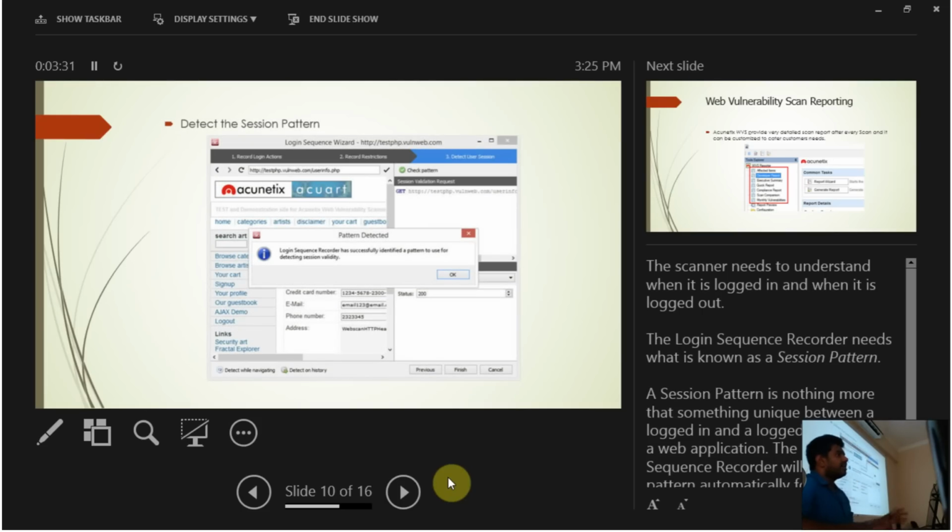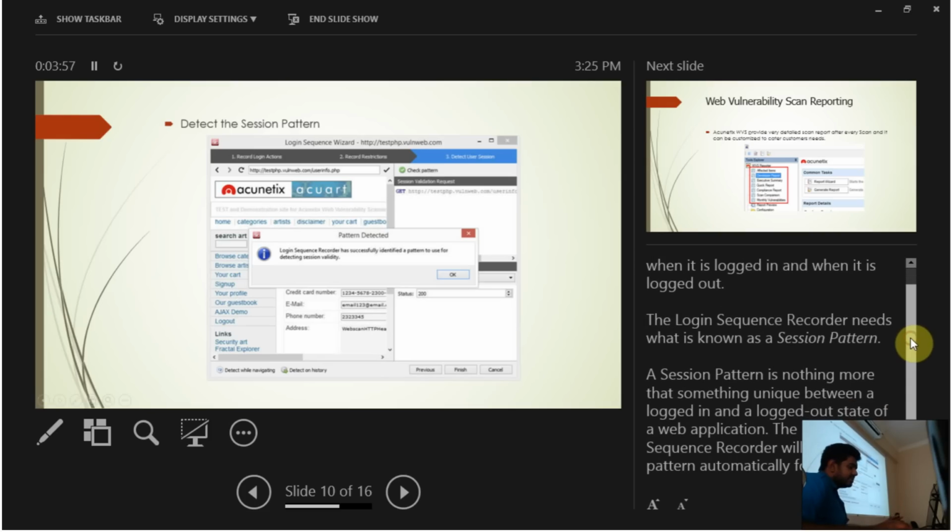After we restrict our actions, we have to do session pattern detection, because the scanner needs to understand when it's logged in and when it is logged out. The login sequence recorder needs what is known as a session pattern. The session pattern is nothing more than something unique between the logged-in and logged-out state of a web application.